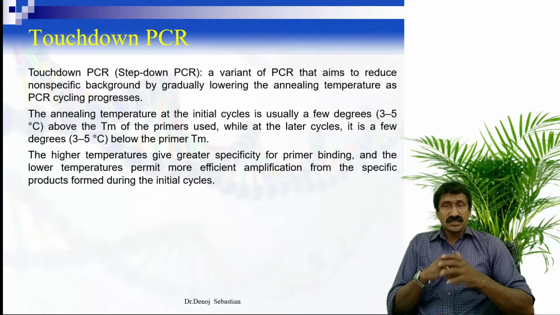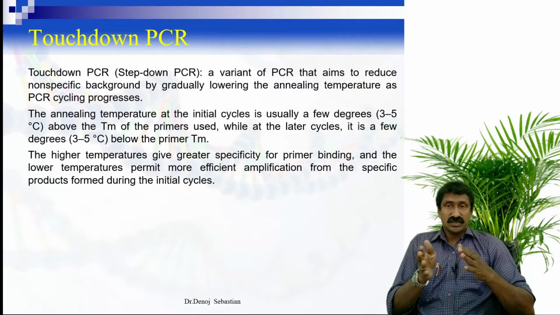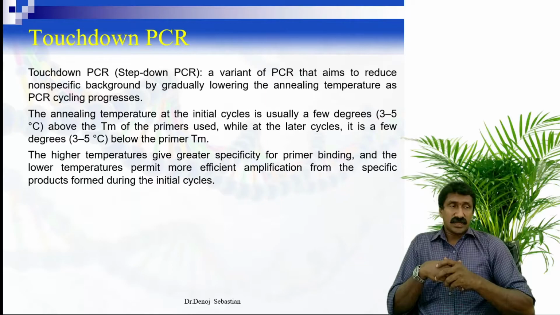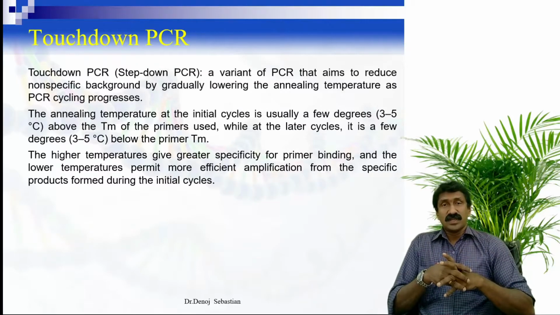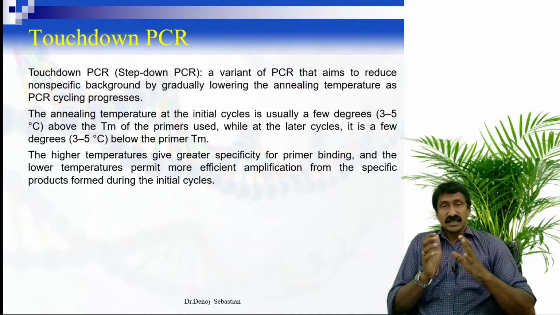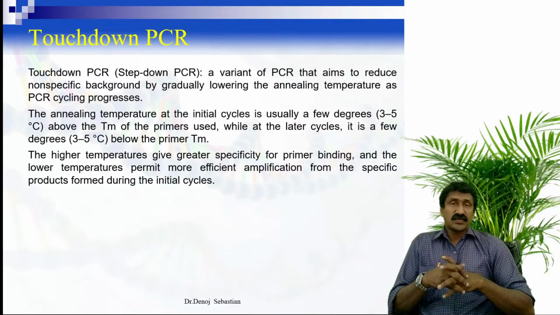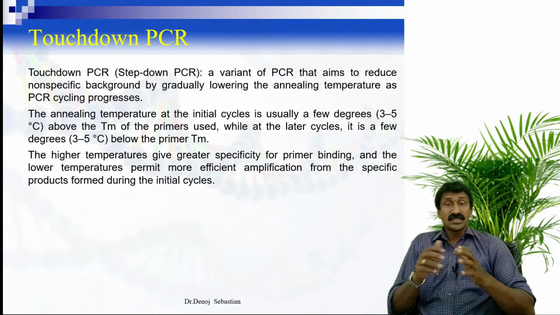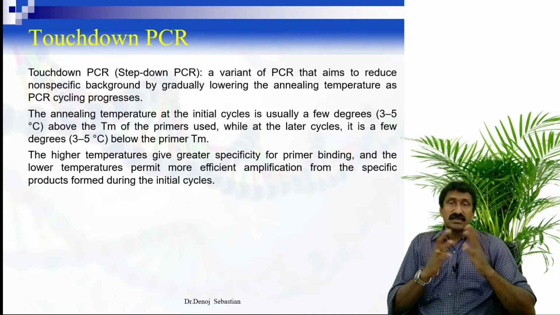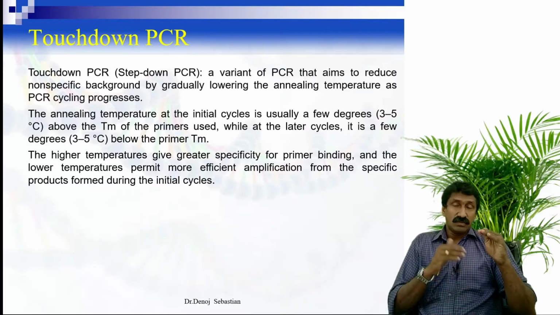The annealing temperature is brought down below the primer melting temperature, about 3 to 5 degrees Celsius below the primer melting temperature. The higher the temperature, the greater the specificity for primer binding, and the lower temperatures permit more efficient amplification, but non-specific binding products may be formed at lower temperatures. So the touchdown PCR initially ensures that at higher annealing temperature, more specific amplification is ensured, because you are setting